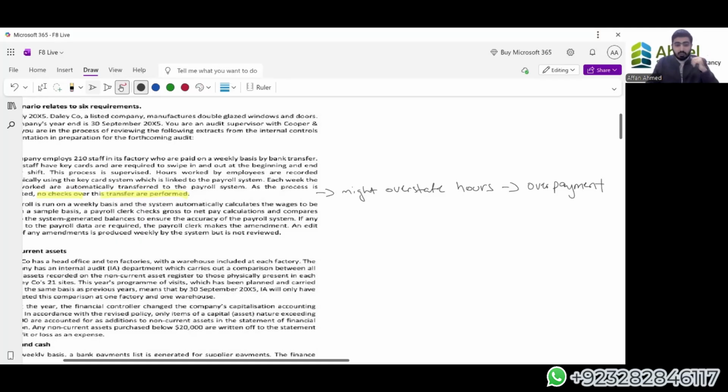Now, how will I test my control? What was the question here? The question was whether my control is being implemented, and whether it is fulfilling the objective or not. So here I will take a sample of the payroll of an employee, and I will check whether there is a signature or any indication of a senior official having checked the payroll before it is finalized. If he's checking it, there will be a signature, and I can be confident that yes, the control implemented is being run by the system.